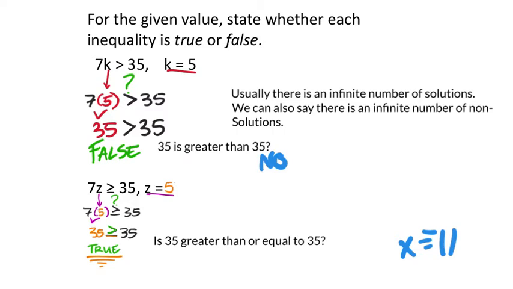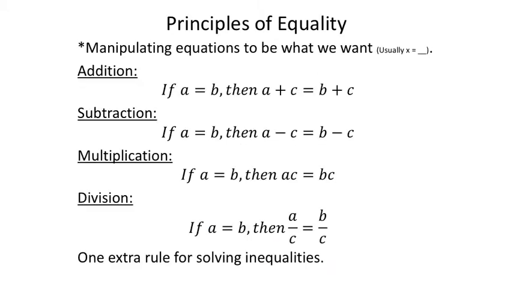Well, now we know that it's not greater than, but it definitely is equal to 35, which makes that a true statement. That's why we get a yes out of that one, or true. All right, so here's our principles of equality: addition, subtraction, multiplication, and division. And going back, we know that when we see addition and subtraction, these two right here,